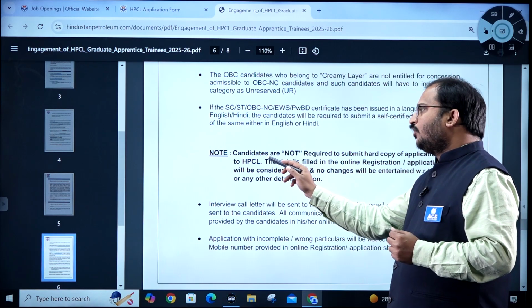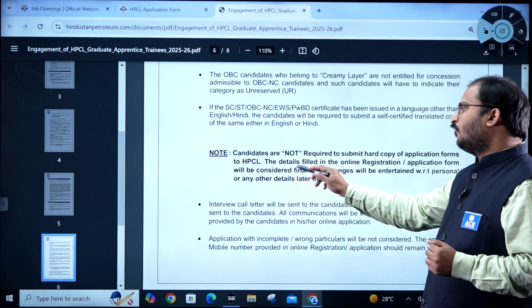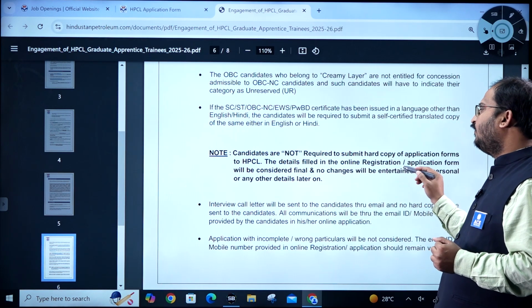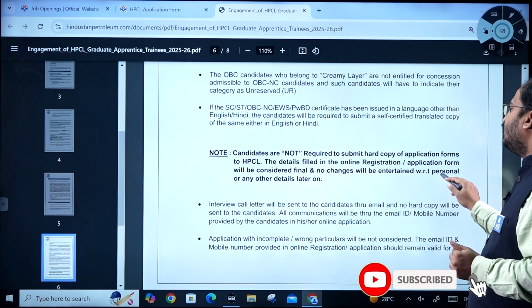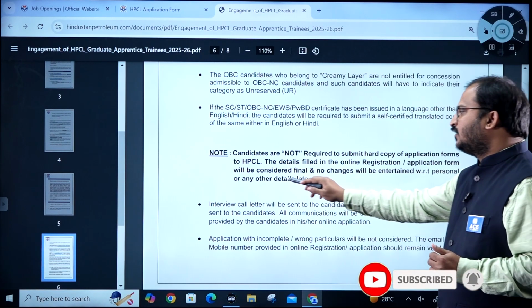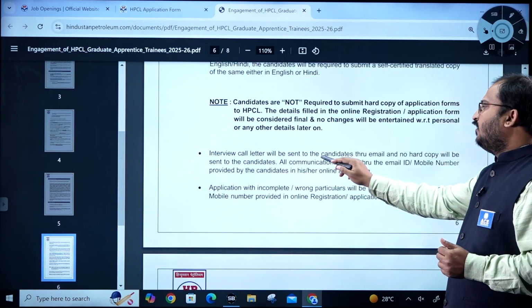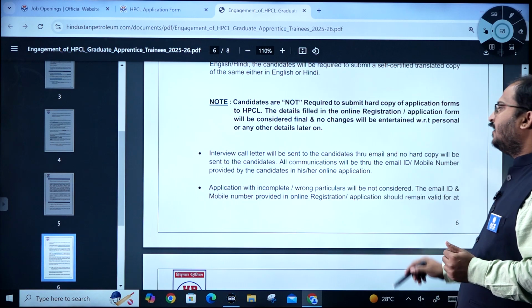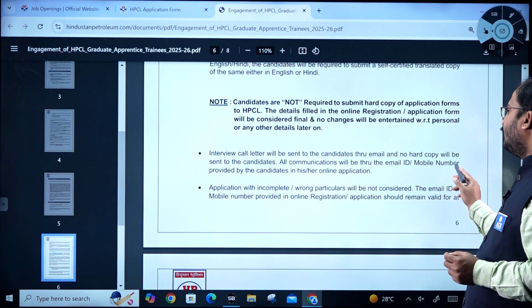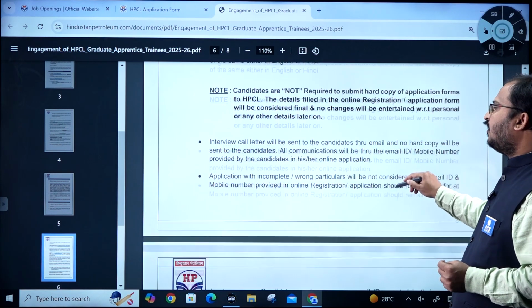And here there is an important note, dear students: candidates are not required to submit a hard copy of the application form to HPCL. The details filled in the online registration application form will be considered final, and no changes will be entertained with respect to personal or any other details later on. Okay. So the interview call letter will be sent to the candidates through email, and no hard copy will be sent to the candidates. All communications will be through the email ID and mobile number provided by the candidates in their online